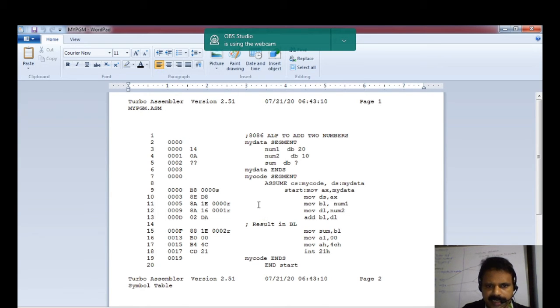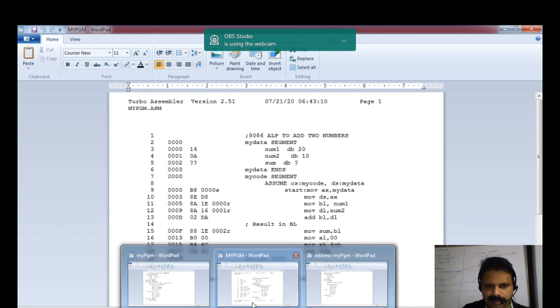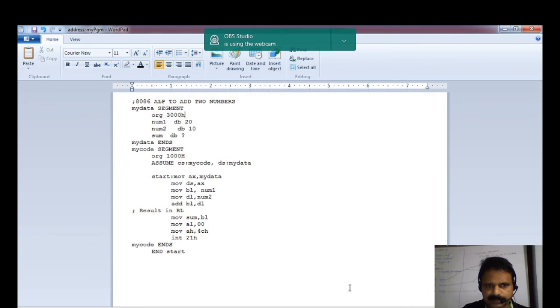That is, we are directing the assembler that the address of my code segment should start from this value. That is done by the assembler directive ORG, origin.